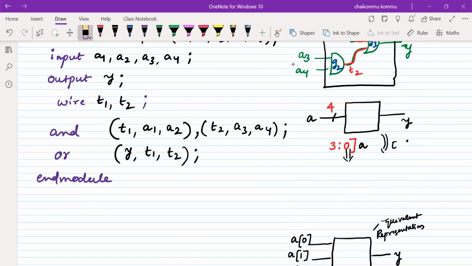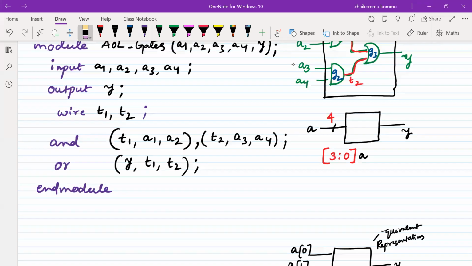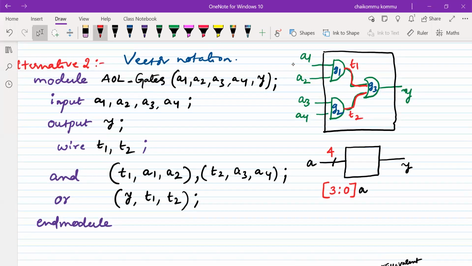See here how I am modifying this. Instead of taking A1, A2, A3, A4, I'm going to consider only the signal A. And Y also we need to mention. Therefore readability increases. And again, we should mention the inputs.